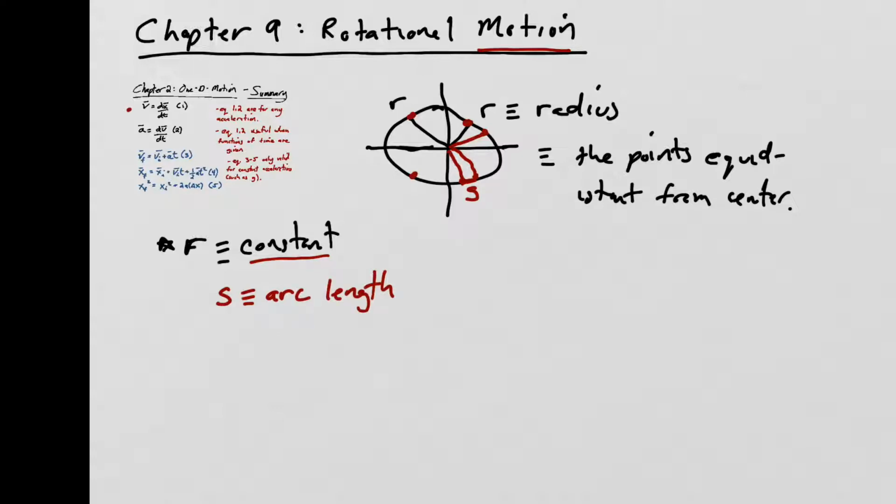And we remember that arc length, s, is equal to the angle that you draw out multiplied by the radius of the circle. Well, if you're on the circle, we know that you're drawing out an arc length, but if you were the thing on the circle itself and you didn't realize you were on a circle, you would say that this is just a linear distance. Namely, this is an equation which can link rotational motion